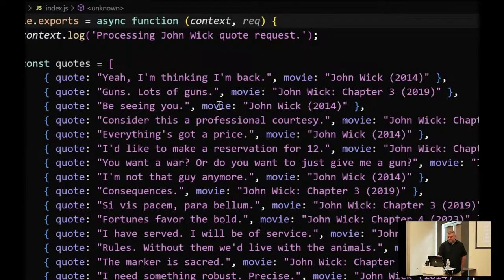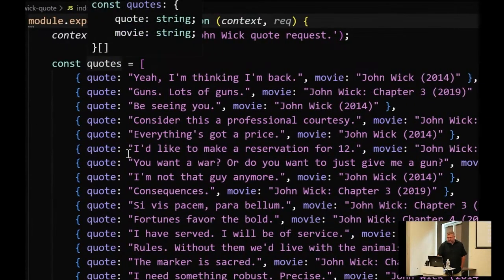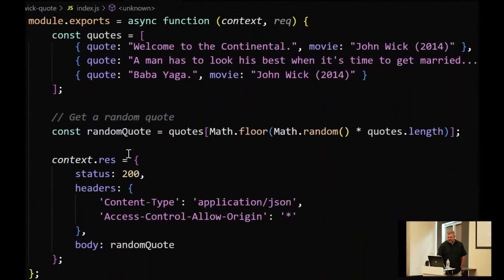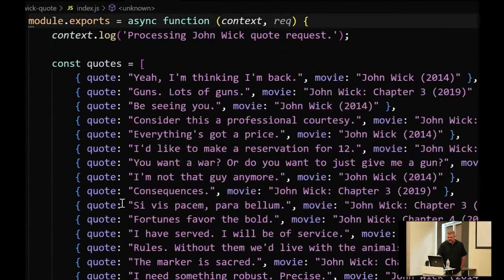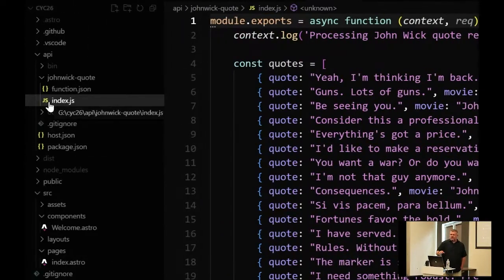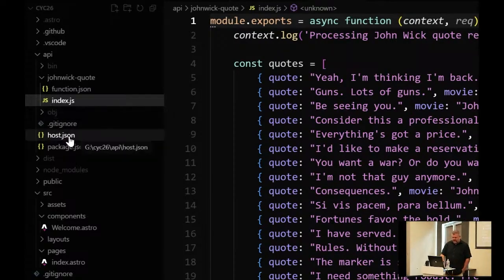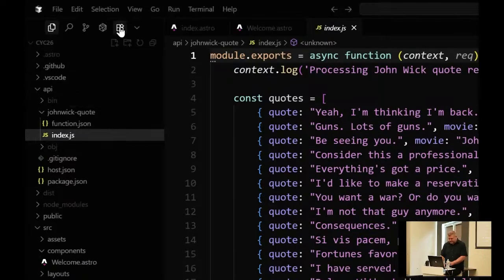So if our endpoint gets called, it goes through, grabs a random quote, and returns a 200. You can have as many of these as you want. There's no limit on the number of Azure functions you can support, but this is a very basic Azure Functions project. And when it's under the API folder,